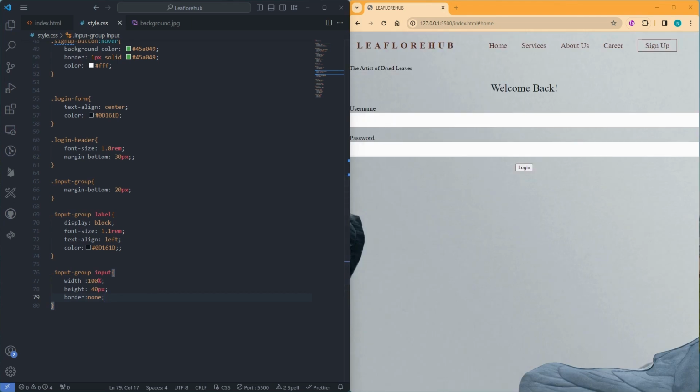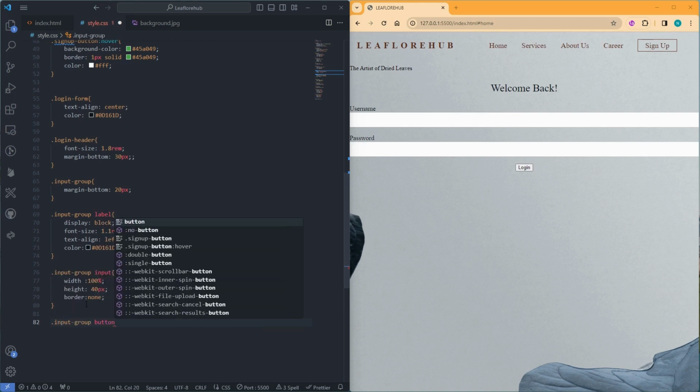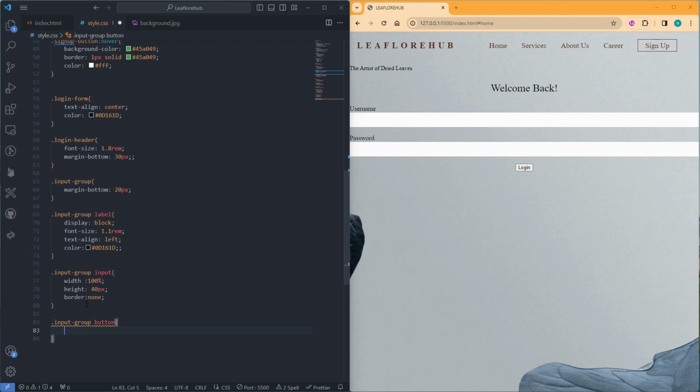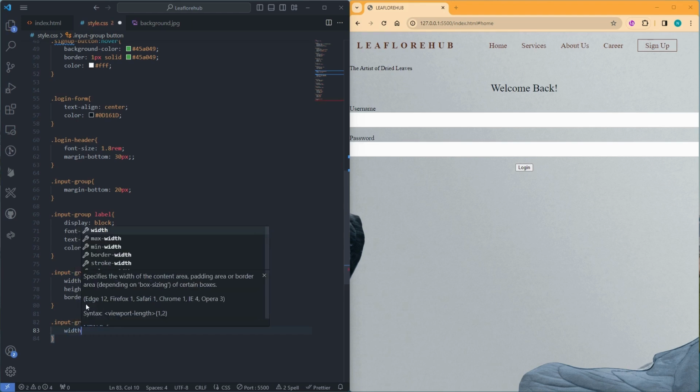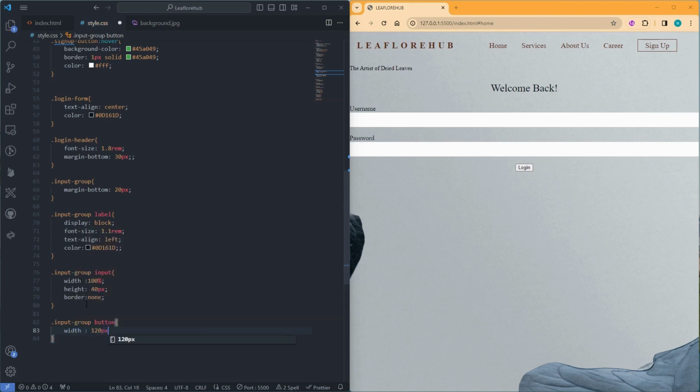Okay, so now let's give some styling for the button also here. So this is also under input group. We can directly give button, or you can give a class for this button also. It's your wish. Okay, I'm just trying to explain basics, so I'm not concentrating on really coding standards, but here you can really just learn how you can style different things. Okay, so now for width I can give a specific pixel. So I'm giving,